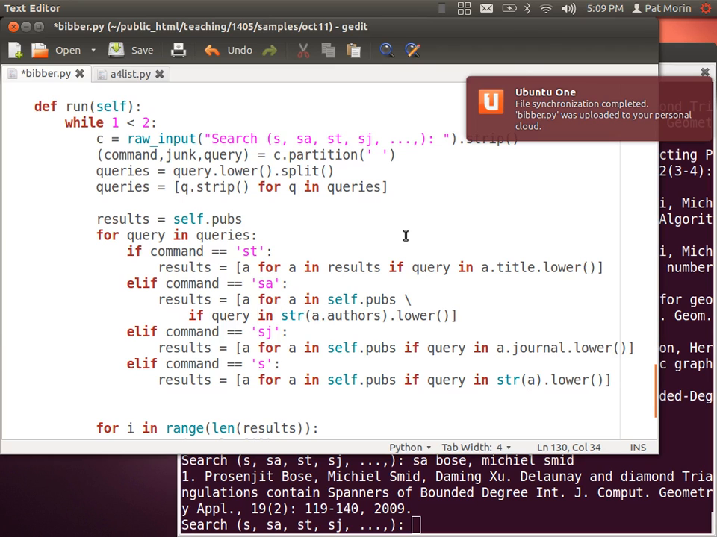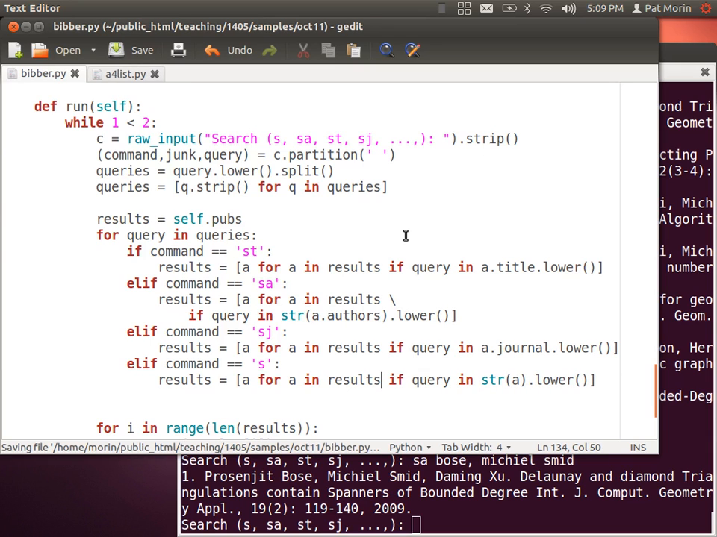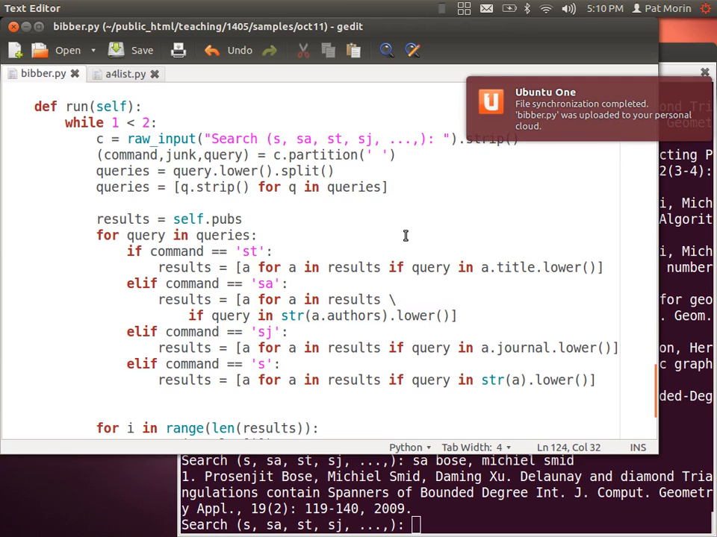And now I go through my queries and I use them to make the results smaller. So I have a set of results that I've computed so far. It's called results. And now I look in that set of results, and I'm only interested in the ones whose title matches. Or I'm only interested in the ones whose authors match, or I'm only interested in the ones who